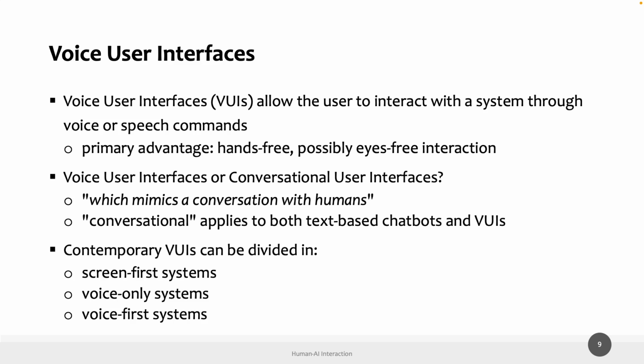So a conversational user interface is a system which mimics a conversation with humans. These conversations are not always perfect, and interaction with this kind of systems can be actually weird. And we still miss a real conversational assistant. So most of the time, conversation is just a question and an answer, stop. But anyway,